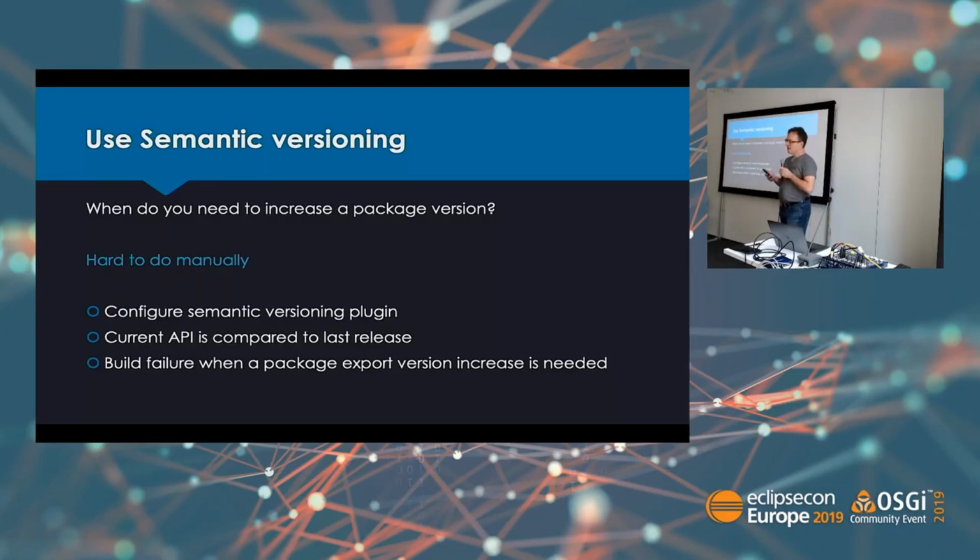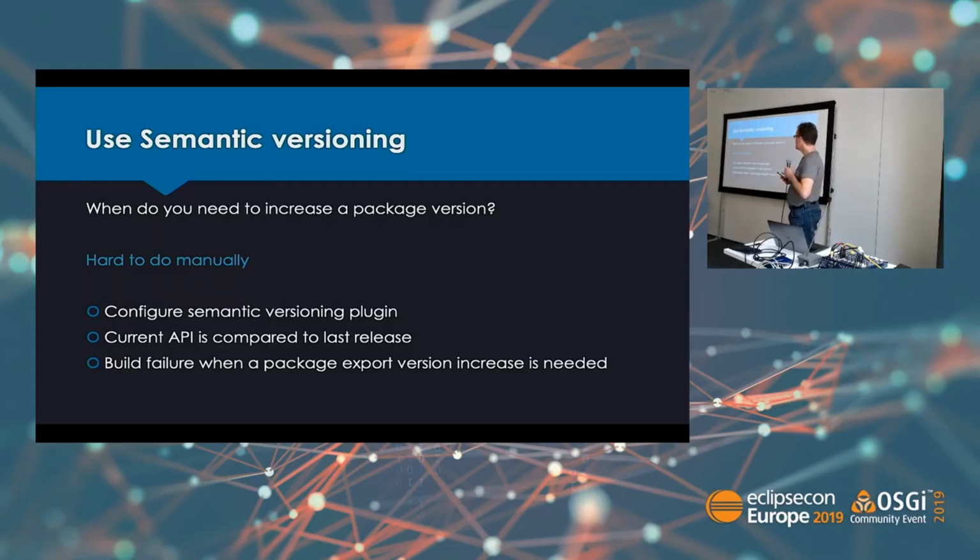So of course, managing those versions by hand is really hard and not recommended. So the idea is you configure the semantic versioning plugin also just in the parent, and the default setup is it always compares your current version of the code with the last release. You can also tune this. You can switch it off sometimes if you know what you do, or you can say compare to a specific version. But by default, you just let it do its work, and it will compare your newest code with the released code and tell you for each package if you need to change it and even what new version